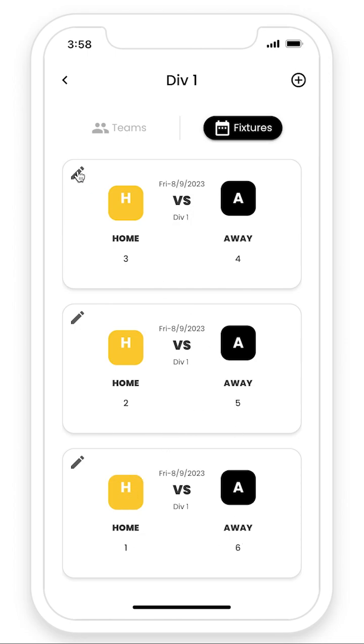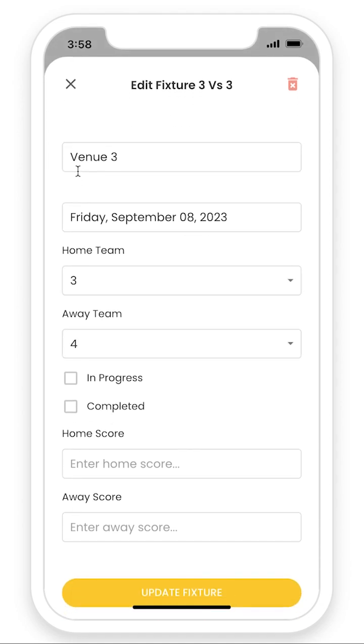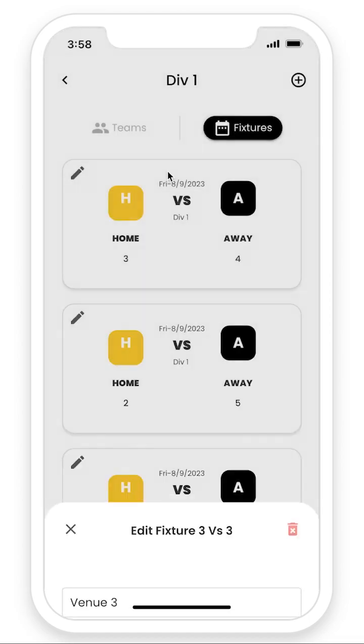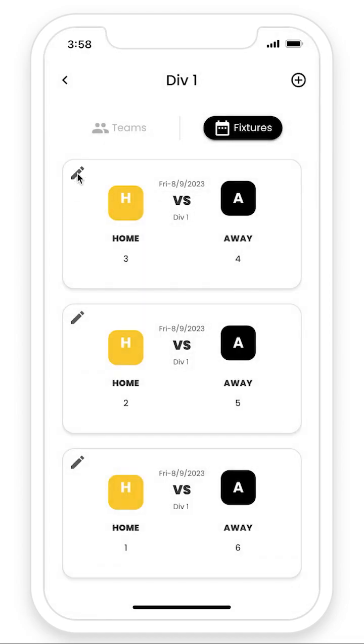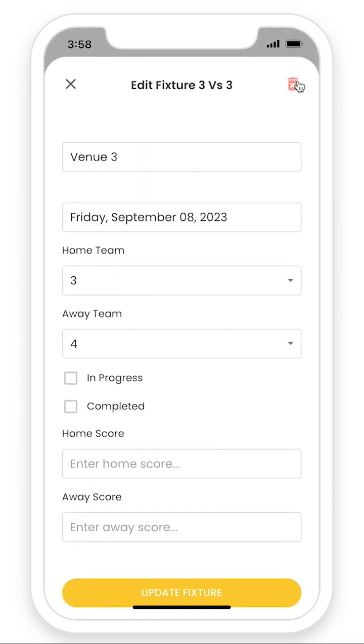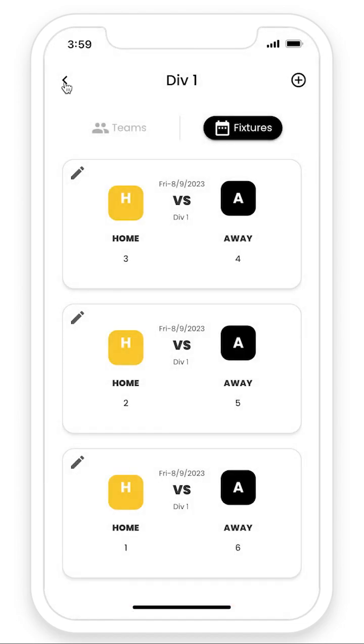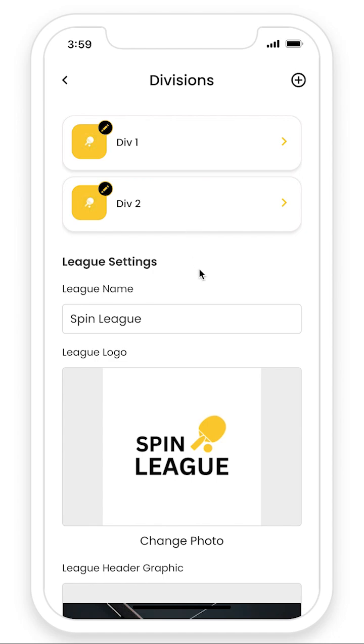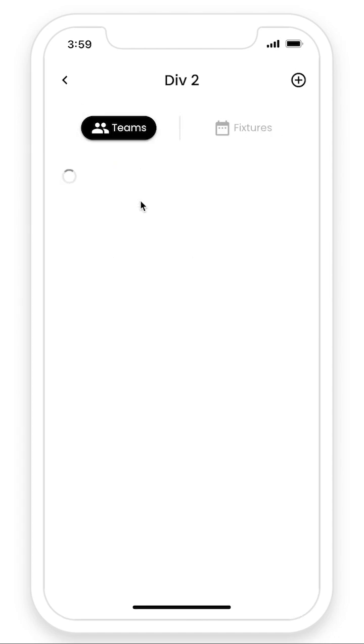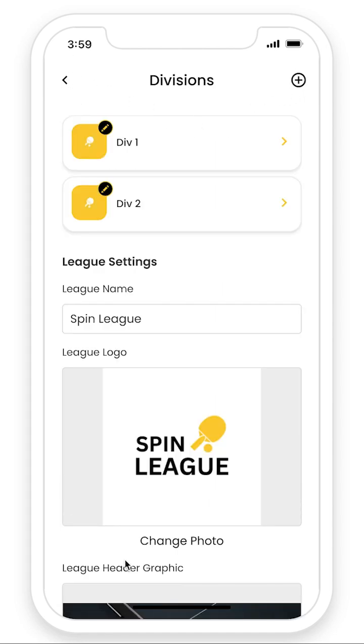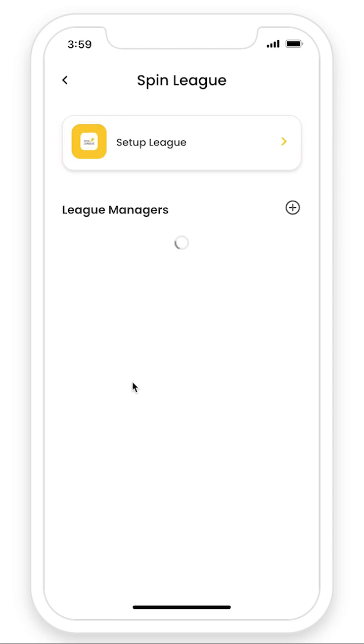Okay, so I can click into this fixture, and in here, you can see that if I want to delete a fixture, I simply click the edit eye and the little bin symbol. So that's very simple. Obviously, you do the same for Division 2. You add your teams, you add your fixtures, and if we click back,